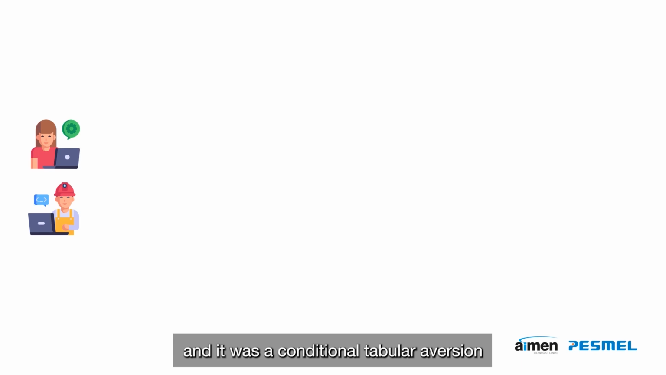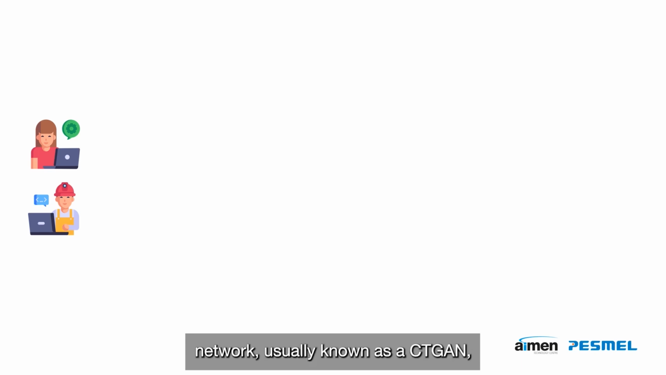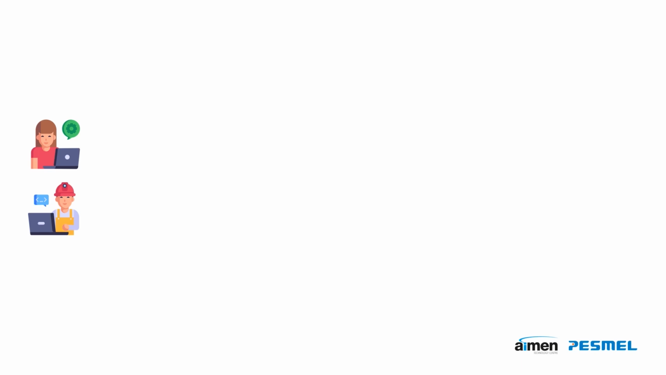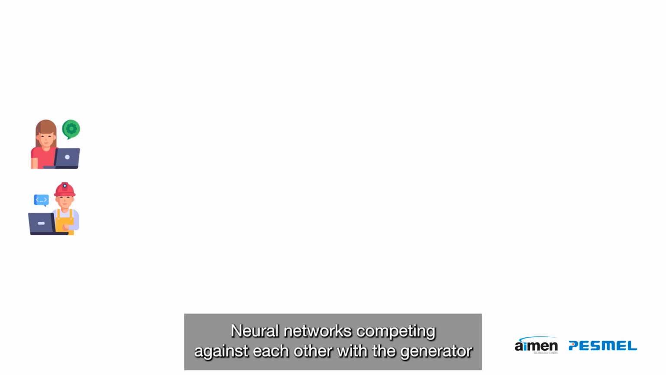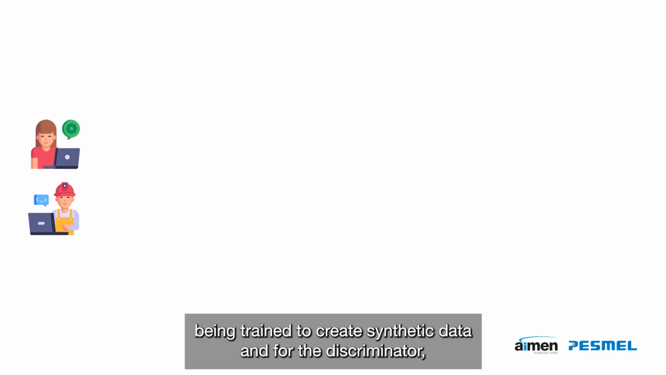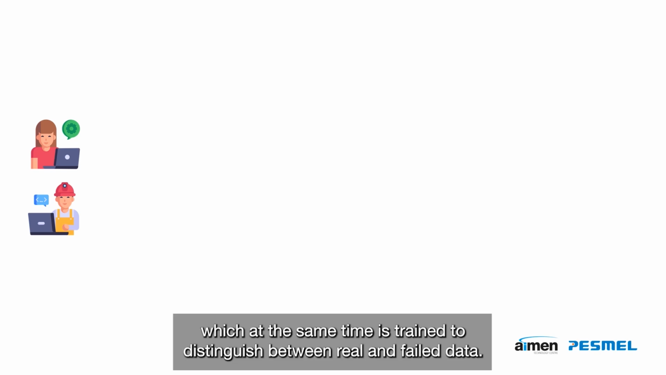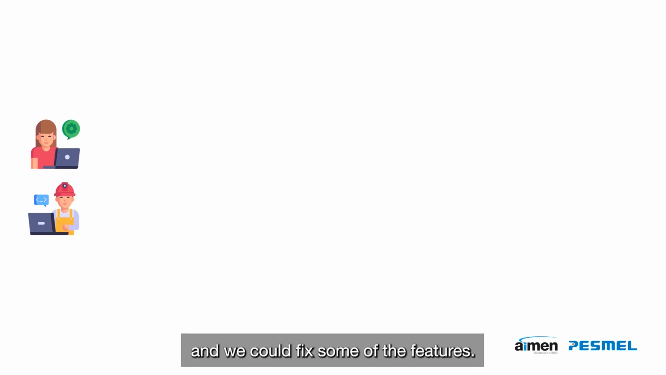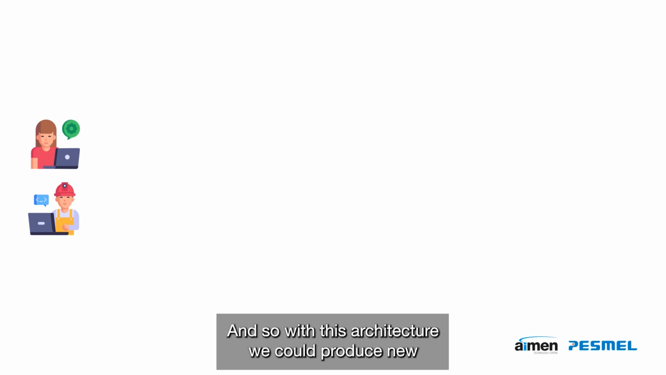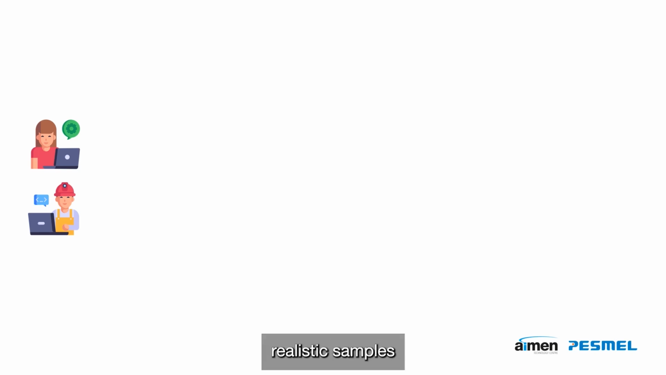it was a conditional tabular generative adversarial network, usually known as a CTGAN, which consists of a generator and a discriminator neural network competing against each other, with the generator being trained to create synthetic data and fool the discriminator, which at the same time is trained to distinguish between real and fake data. On top of that, we worked with tabular data and we could fix some of the features. So with this architecture, we could produce new realistic samples